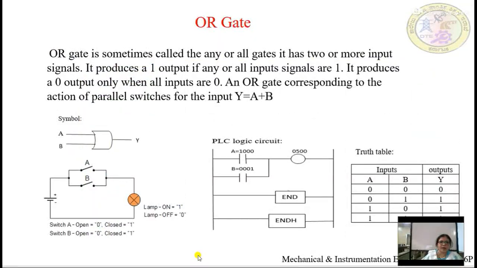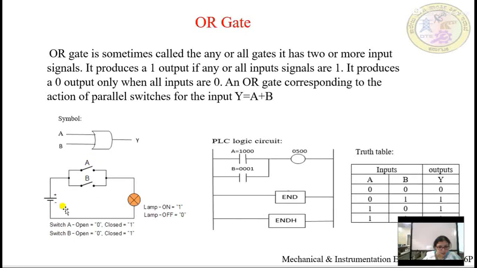Now moving to the OR gate, let us first try to understand the operation of the OR gate through simple push buttons or switches, a lamp and a power supply. So here when the A and B switches get closed, then the output will be on.